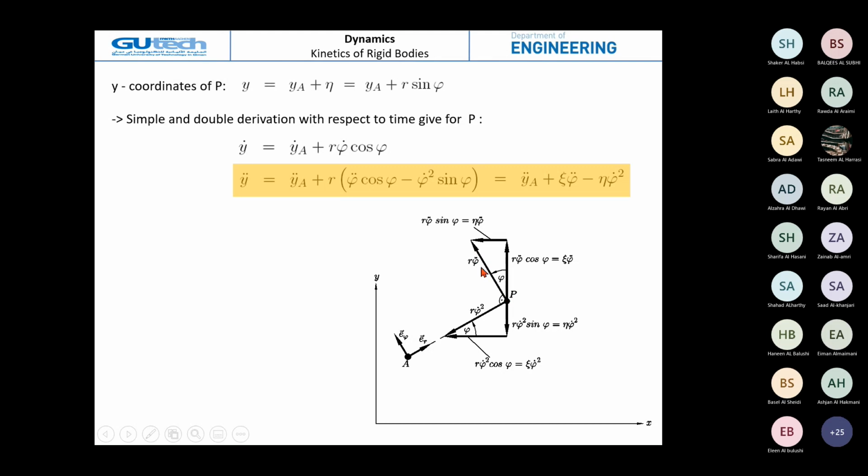Then r phi double dot, this is only the circumferential acceleration. Remember we said that in the phi direction, the acceleration is only